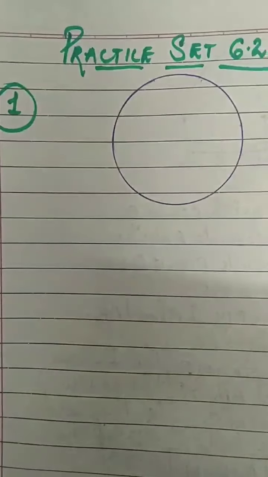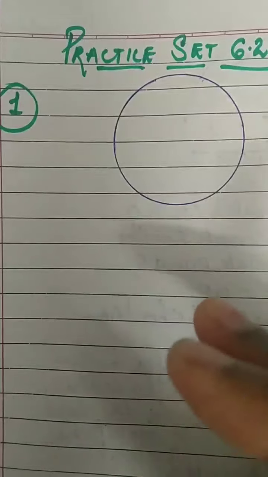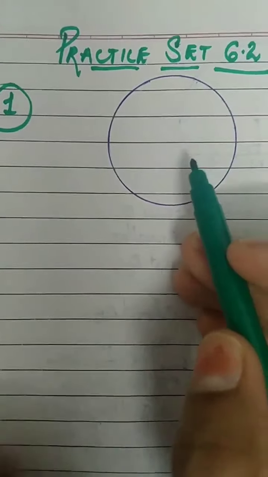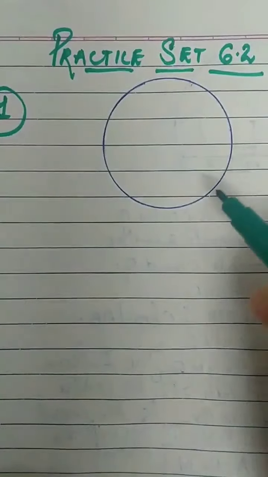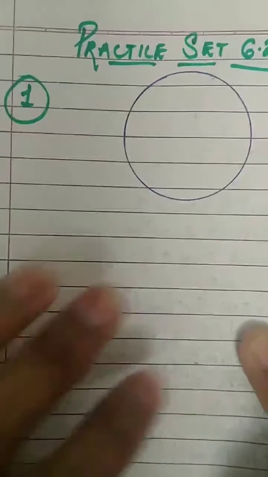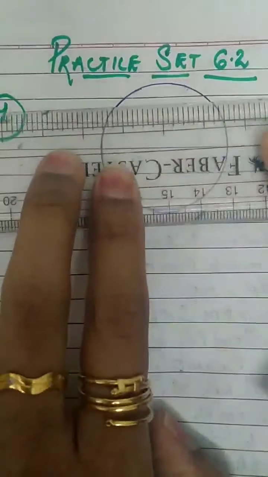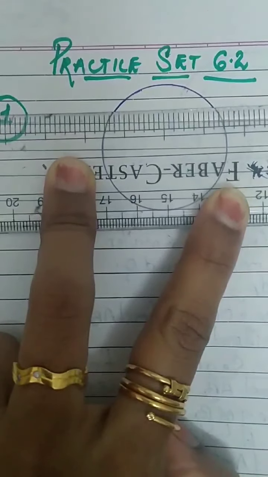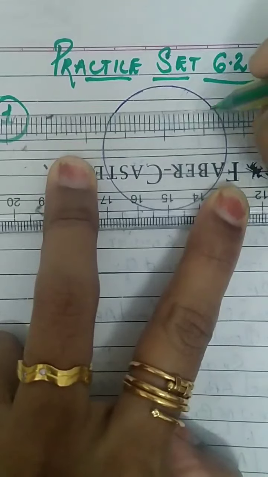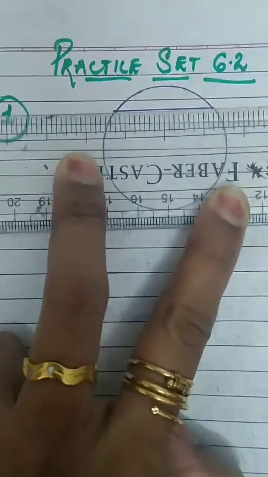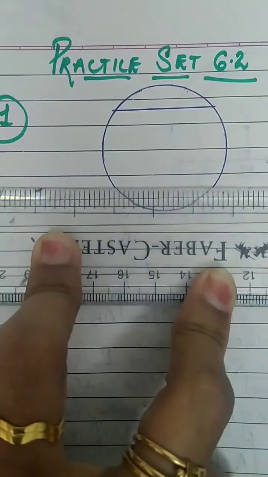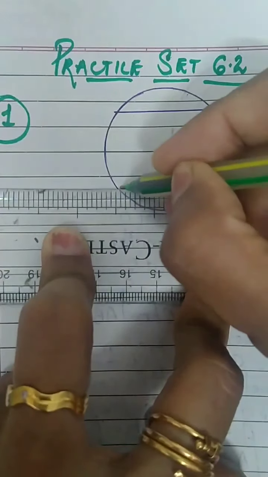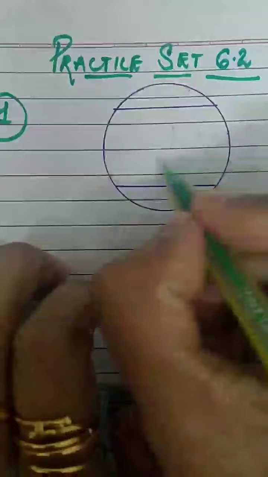So I have drawn a circle. Now we will show the radius of the circle is given as 10 centimeter. There are two chords of length 16 centimeter. So I'll show two chords for this circle. One chord here. Okay, you can show the chords as you want. I will take the chord this way, one chord here. And I'll try to keep the distance somewhat same because both the chords are of length 16 centimeter.